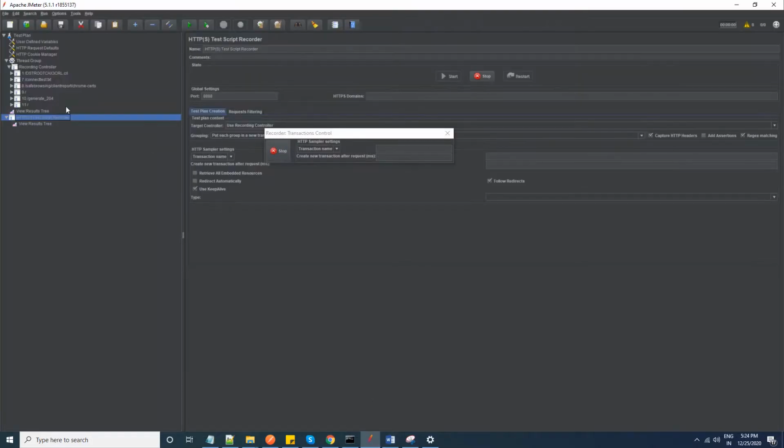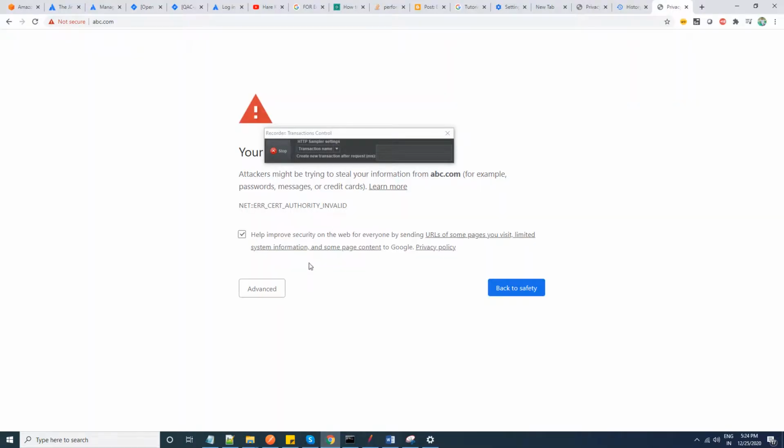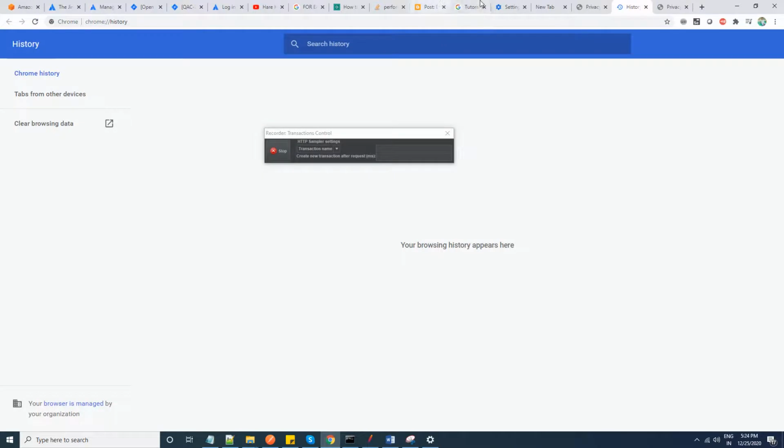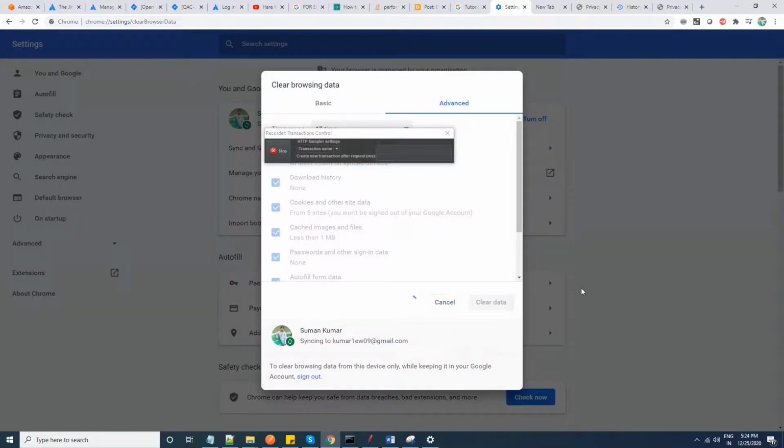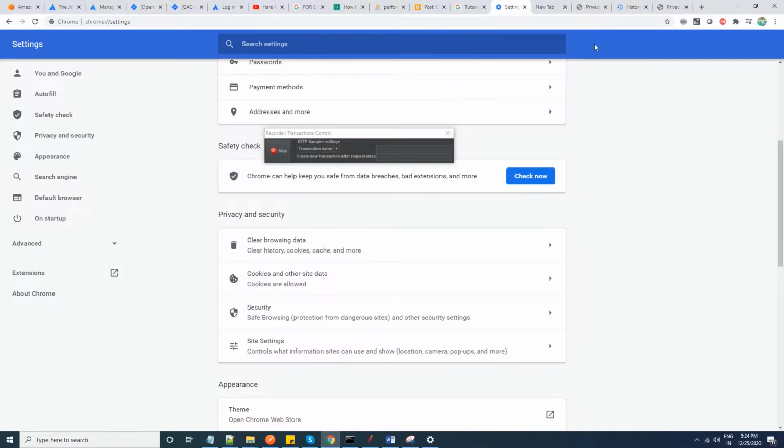If you see here, it starts the recording, and in the recording controller, it will show all the HTTP requests. If it will not record, just clear the history.